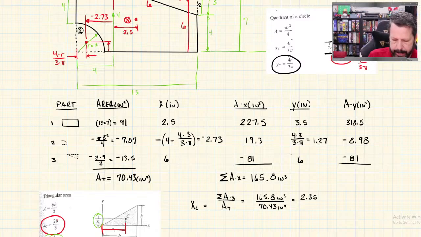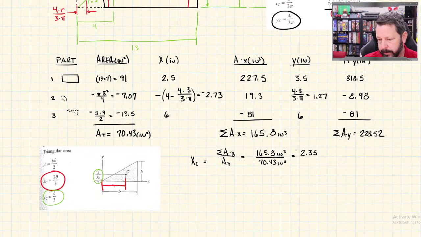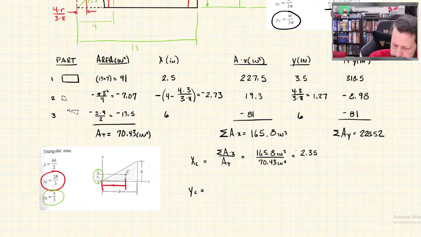And then I add 318.5 plus negative, so minus 8.98 plus another negative 81. That's 228, so the summation of a times y is 228.52. And then finally, y sub c is the summation of a times y over the total area,